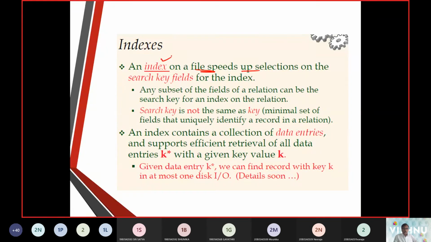We have this index concept at this point. The list of data entries we call K star, and from that we get the K value. For example, student number, student name, followed by student marks.